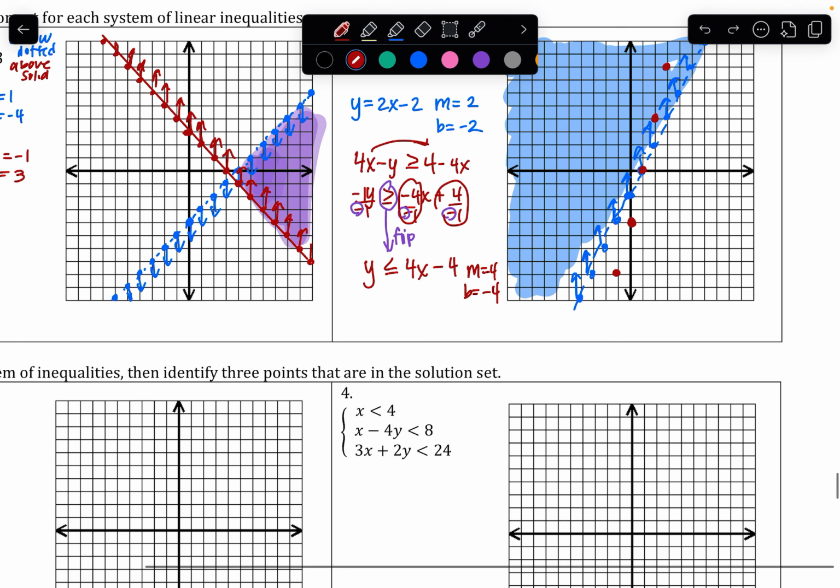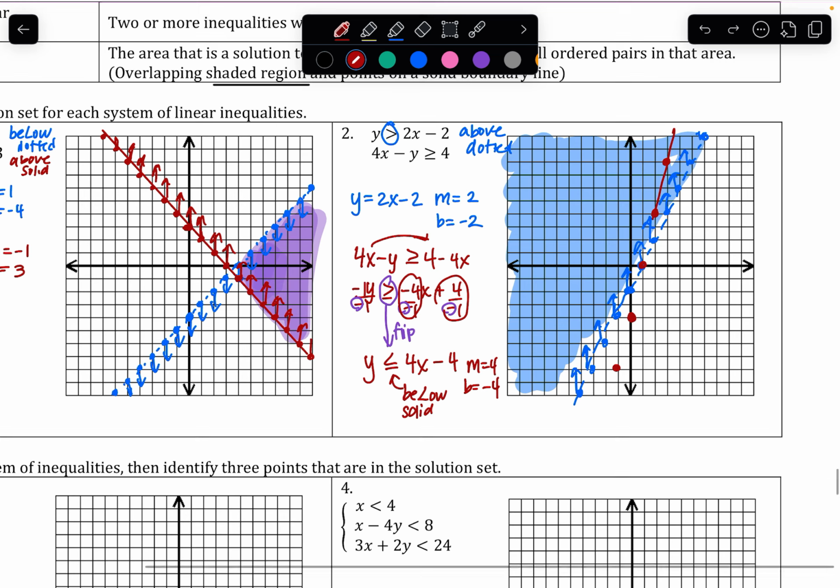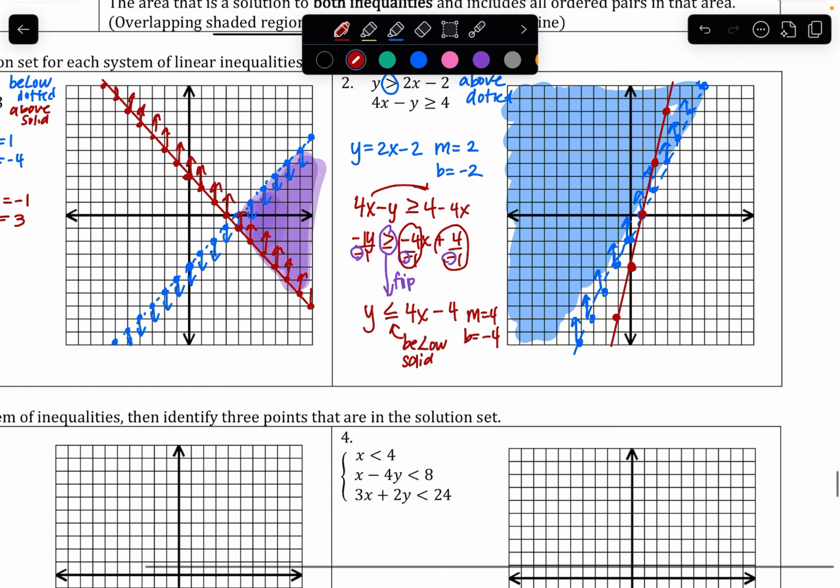Okay, and so because this is our less than, we're going to shade below. I like to write the word below with a less than sign. And then because there's a line under the inequality, it's going to be a solid line. Okay, and so connect your points with a solid line. And then above this line, just start drawing up arrows. The steeper the line, the harder it is to see what is above, but below would be down here. And so above the red line